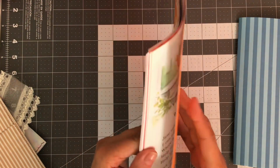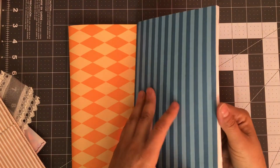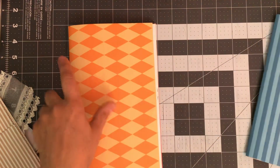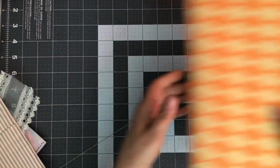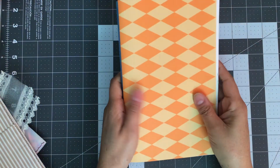Left off with page 18, 19. Okay, we're good. Oh, I did want to mention, just because of the color combo that we got going on here, and it's for boy and girl,